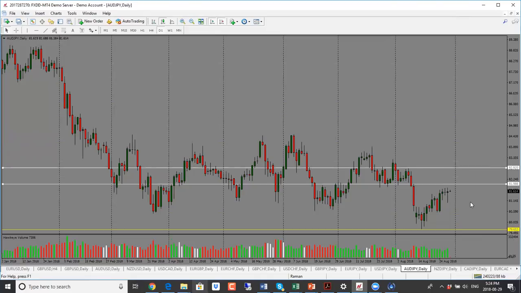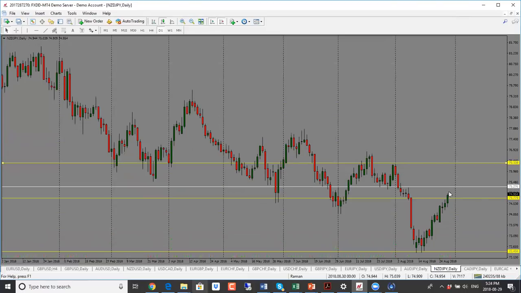We'll have to see what kind of news comes out for Australian dollar. If it stays below our support resistance level that we have been looking at, 82.00, then chances are it will drop. But if positive news comes out for Australia, then I'm looking for price to go into the 80 to 80 level.